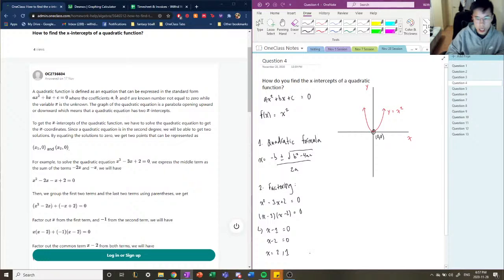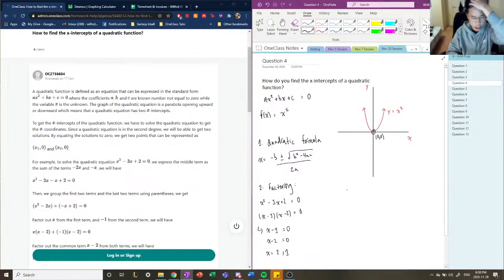Okay. So those are the two possible methods of finding it. I guess the third method is that you can graph the function itself and visually locate our x-intercepts. So that's the third method. And another disclaimer, the last disclaimer that I'm going to post here, is the fact that for the x-intercepts